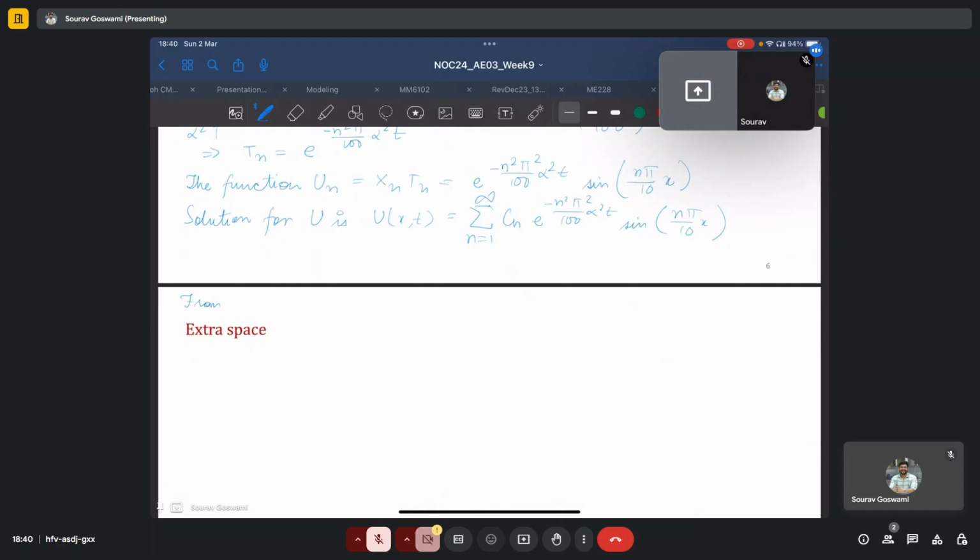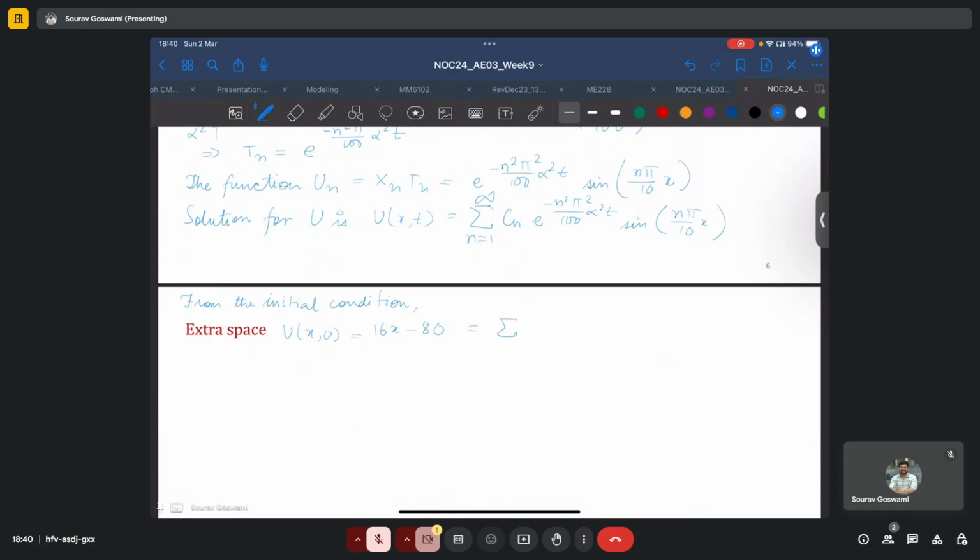So from the initial condition, U at x comma 0 is equal to 16x minus 80. And if we also put U at x comma 0 in this series sum given here, summation n equals 1 to infinity Cn, the second term, which has t in its exponent, simply goes to 1 because e power 0 is 1,